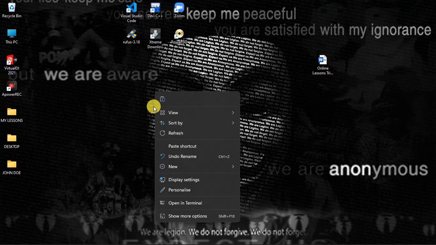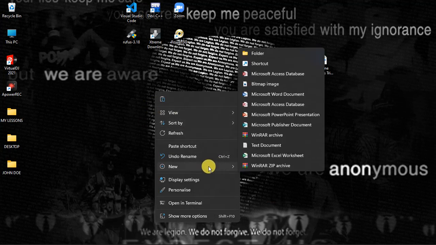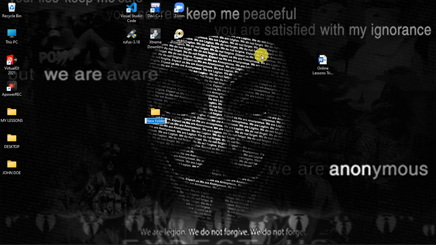Now, one of the options is called New, and when you just point at it, it will open a second window, which is going to list for you all the kinds of documents or files you can create on your desktop. So you'll simply move and click on folder. That will create a new folder for you here. Okay,